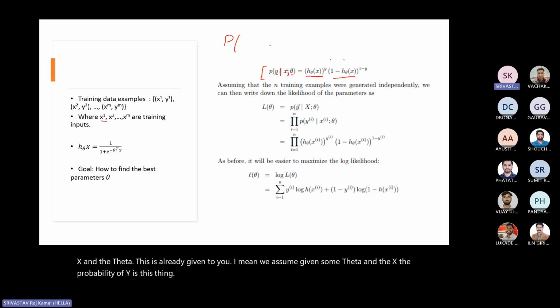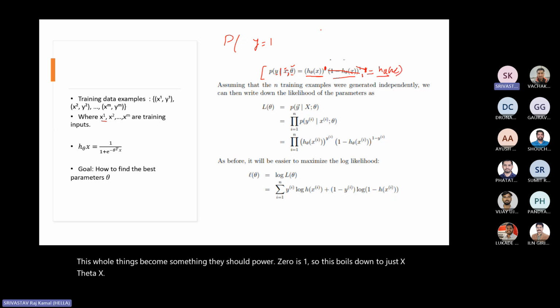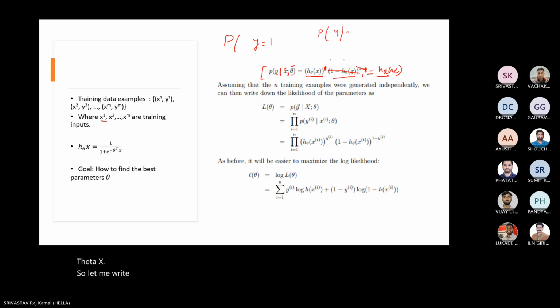Let me tell you how. Suppose given x, if y value is 1, so let's put 1 here. 1 minus 1 is 0. This whole thing becomes something raised to power 0, which is 1. So this boils down to just h theta x. Let me write it here. This is just the way of writing the notation. Probability of